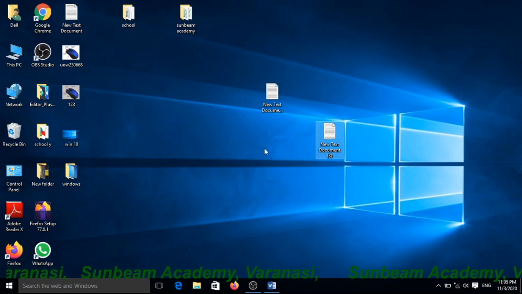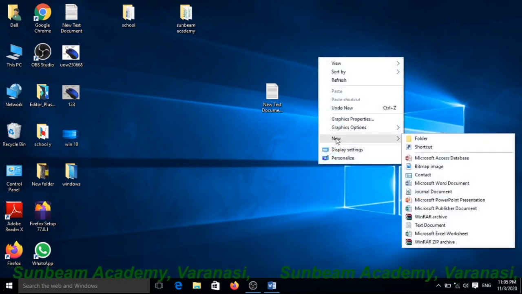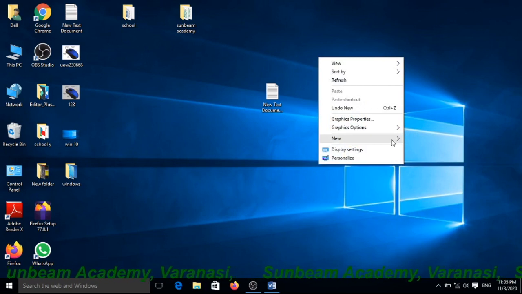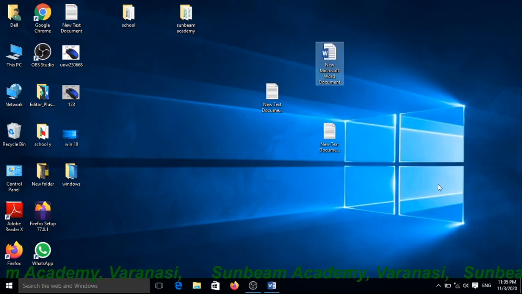Understood? You can create any other file the same way. Right click, choose new. If you want a Microsoft Word document, click on here.